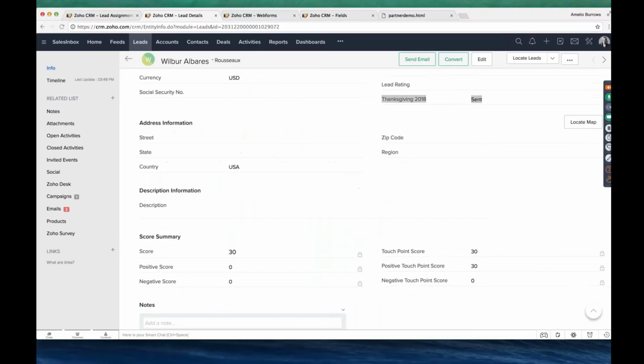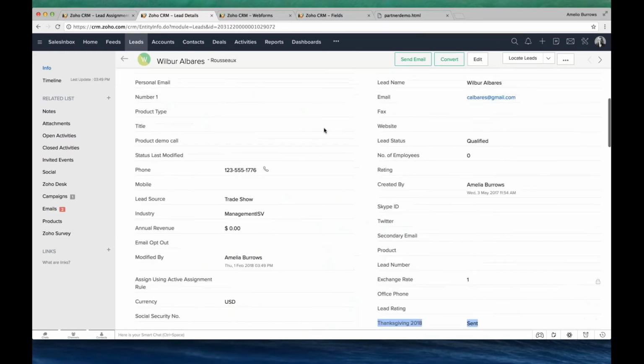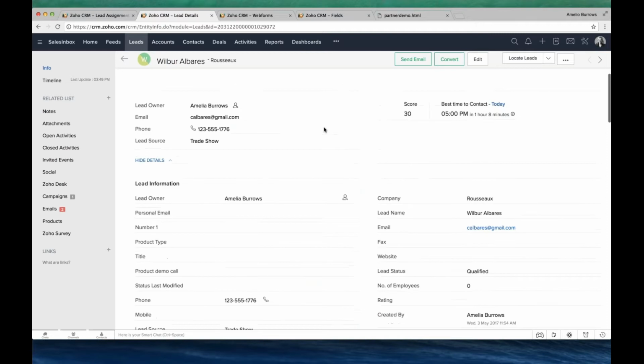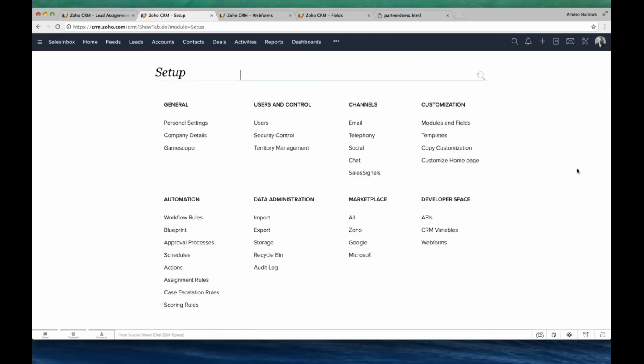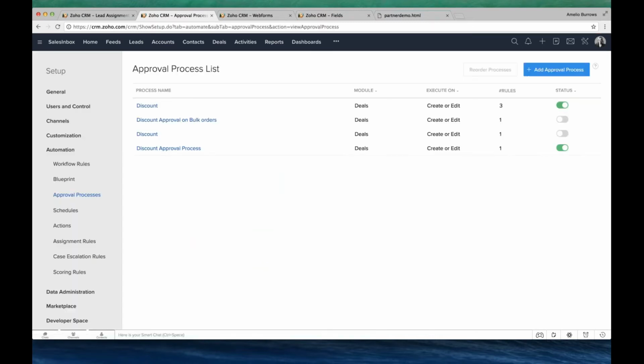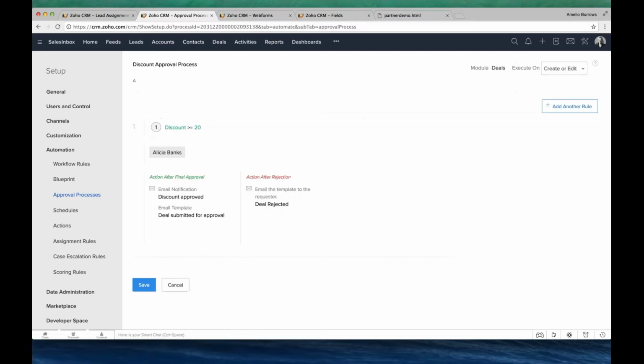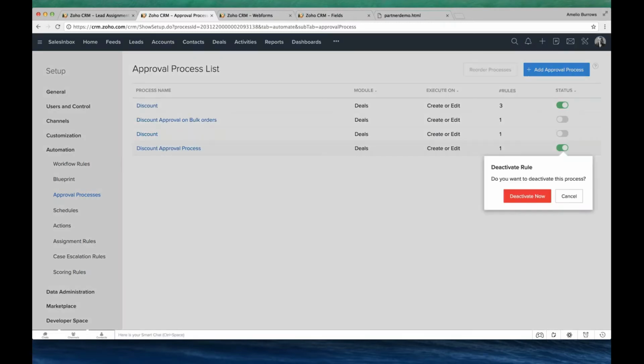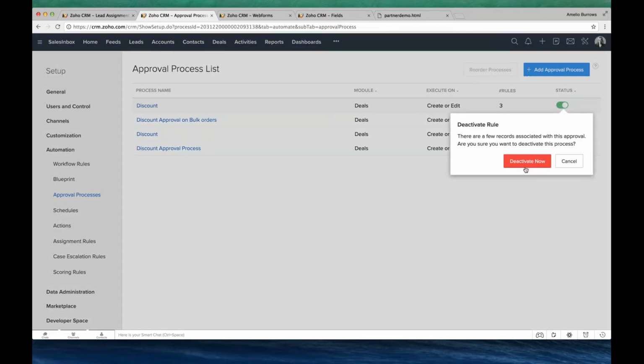Right. So again, let's get into the demo. For this, what we have to do is go to the setup. There's a setting icon there. And this is our setup UI, and you can see something called approval process. I have created a few. Probably I'll just try to open what I have created, or probably I can just create from scratch for you.